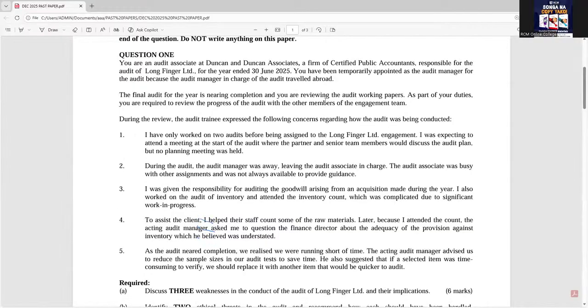So we'll go through question number 1 because it is having to touch on mostly what you've already been able to cover in class, especially for those who are having to take advanced auditing and assurance. Then we can see how you could have actually been able to answer this particular question. So the question is all about Duncan and Duncan Associates. So this is how the question is having to read.